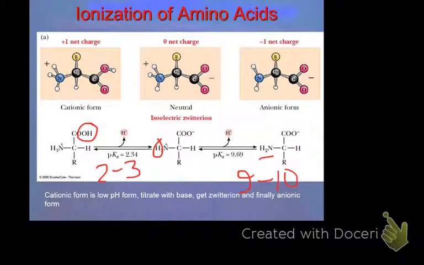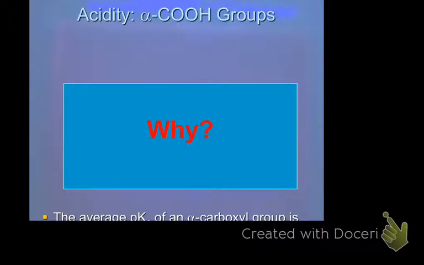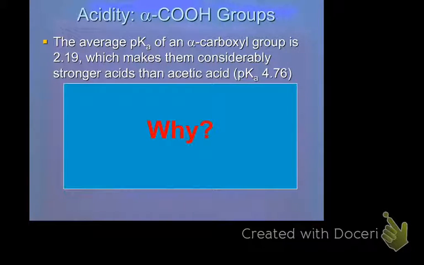But it's important that you know what that means, because we're going to be doing titration curves just from like Gen Chem, and you can figure out what the net charge for a protein or a peptide is based off of the pKa's of its amino acids. And I'll show you what I mean by that. So the average pKa of that carboxylate, or carboxylic acid to become a carboxylate, is 2.19. Once again, just remember it's 2 to 3, which is much stronger acid than acetic acid, which for those who